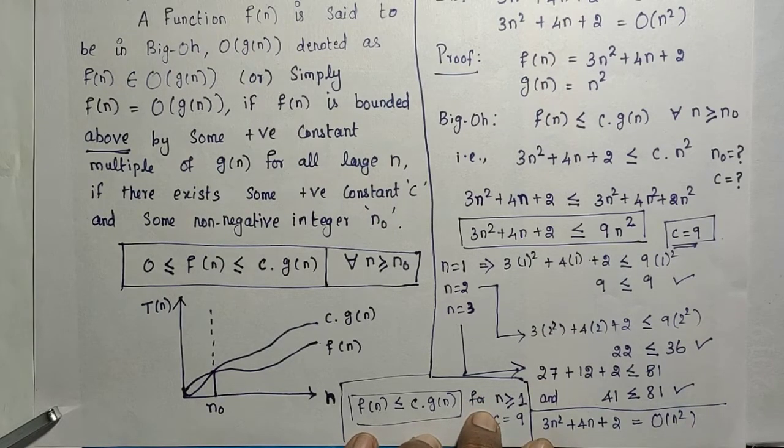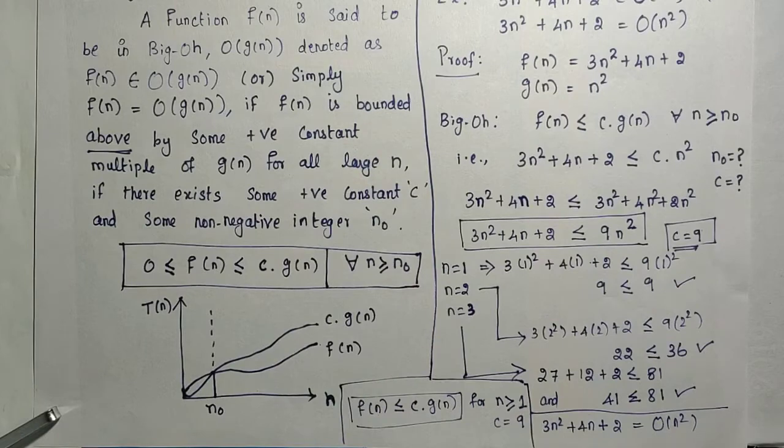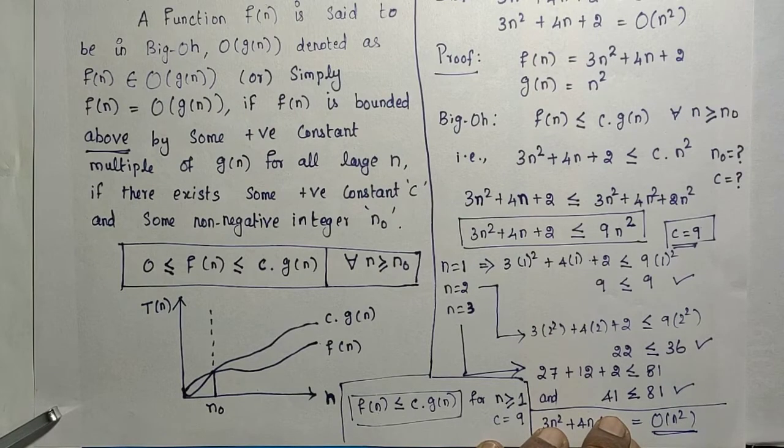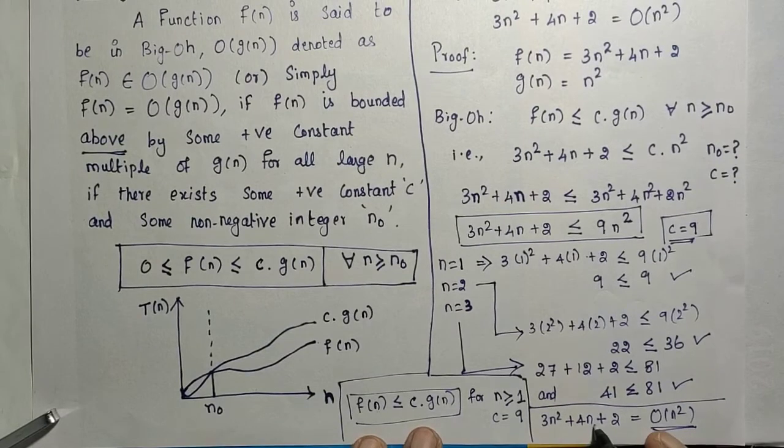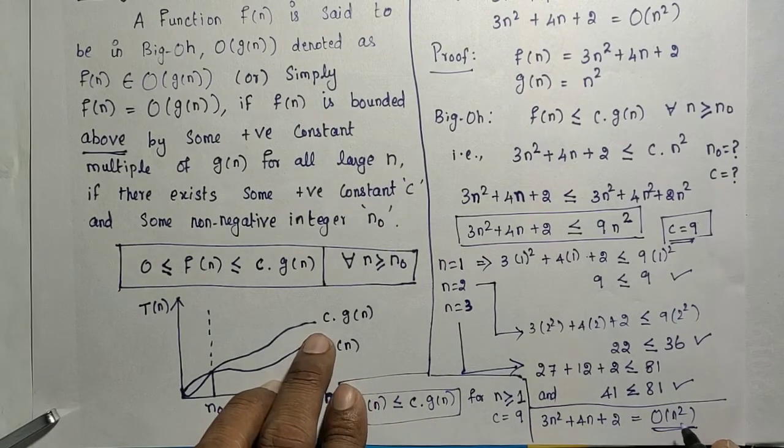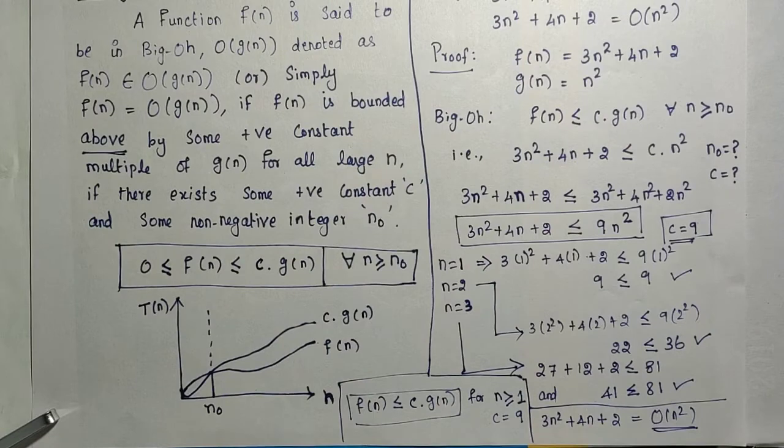So simply what you can remember: for a function like 3n squared plus 4n plus 2, we can say big O of the biggest term. What is the highest term? The n term is n squared. So this function belongs to O of n squared, and we can ignore the rest. This big lengthy function belongs to the big O of n squared class. This is the rate of growth of this function. It means this function's rate of growth will not go beyond C into n squared.